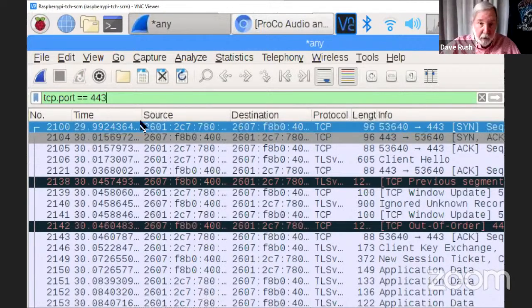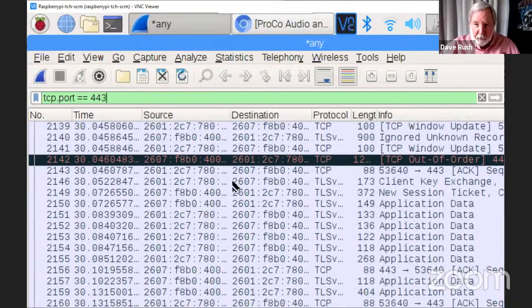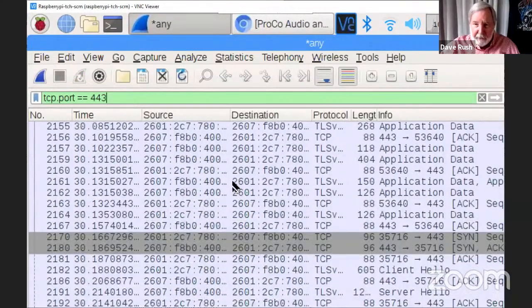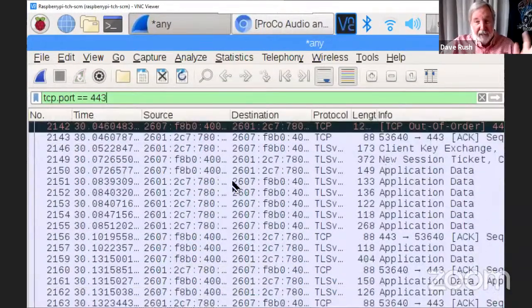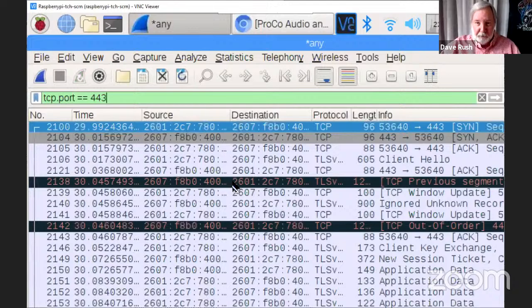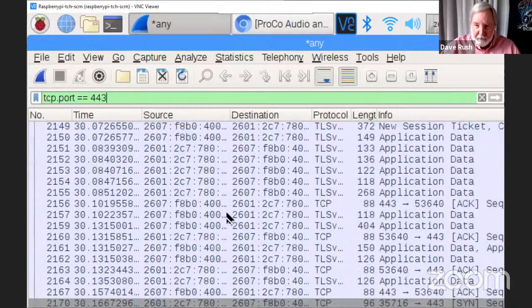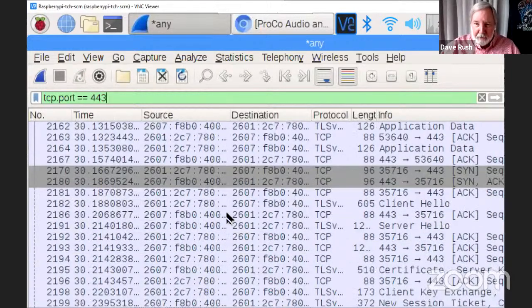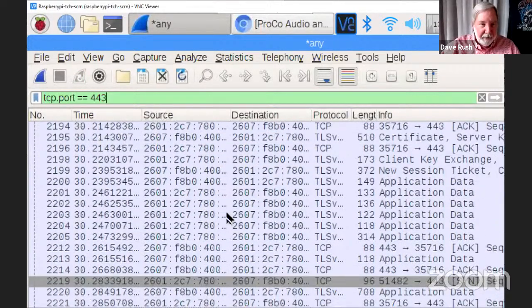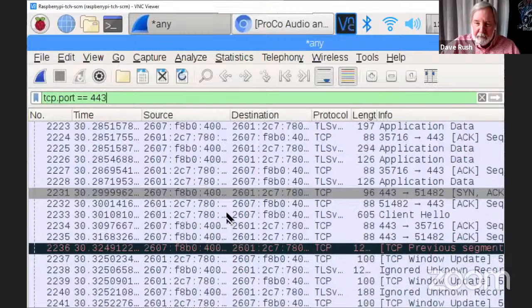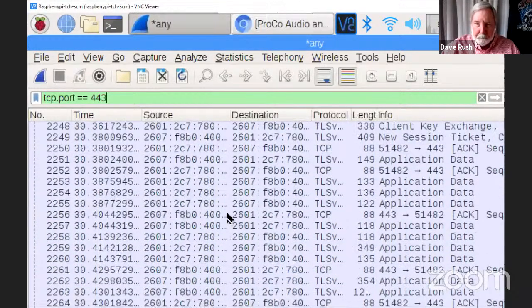Hey, and there we go. Now it looks like there's some other activity that's been going on here. That's not just the one I did. And that's because the web server here is always talking to all kinds of things. So I would like to see if I can find the SYNACK. But it doesn't matter if I can or can't.